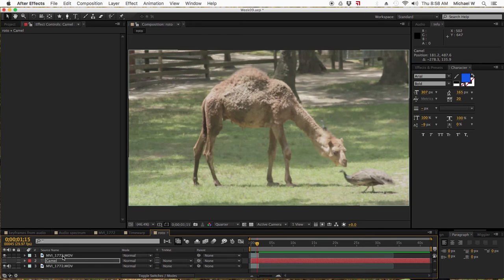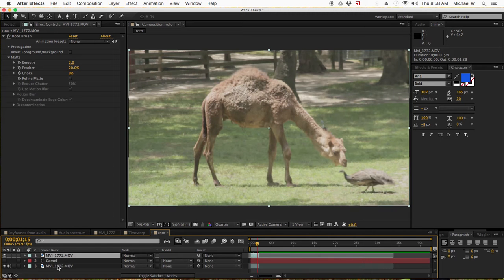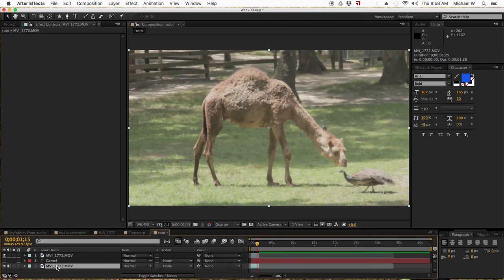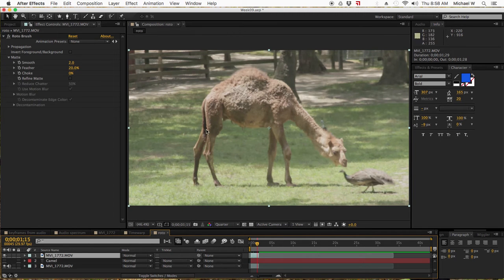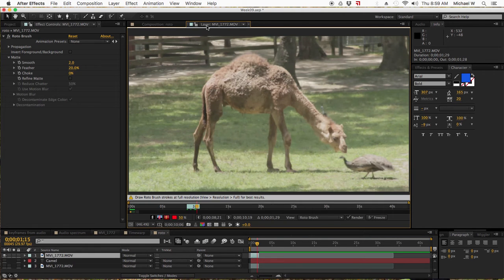So I've got my layer duplicated so that when I roto out this layer, you'll still have the background behind it of the original. So I just duplicated the clip. I just selected, hit Command D. So to roto out this top layer, I'm just going to hide this for now. I'm going to double click on it, and we open up the layer window. So here's my composition, here's my layer. I'm just going to hit save,